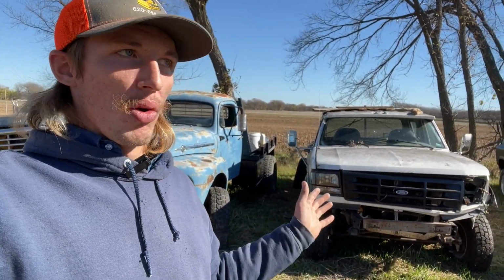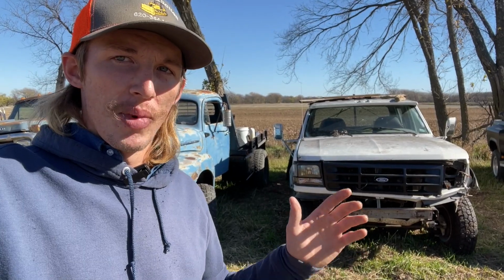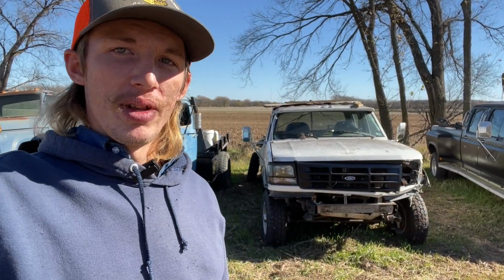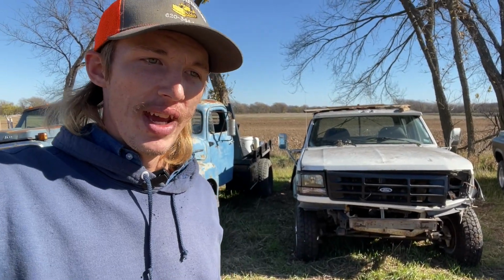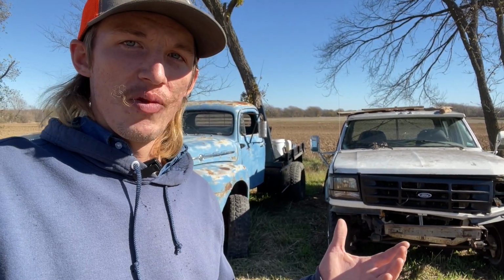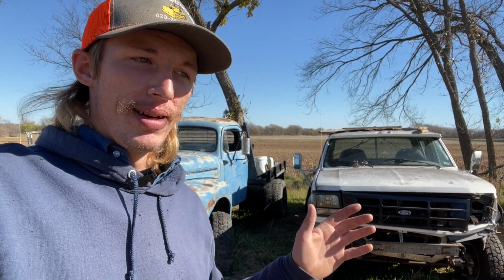I mean, there's nothing wrong with running these old diesels, and I've liked the 6.9s better and had better luck with my 6.9s, probably just the transmission gear ratio I wound up with in them. But you can go 90 miles an hour in these. So you can go highway speeds, have a cheap diesel to fix, and if you're just wanting an old beater truck that you're going to use sometimes for pulling, but not all the time for pulling, I really like the idea of having cheap to fix, cheap fuel if you want to make your own fuel that doesn't barely cost you anything,